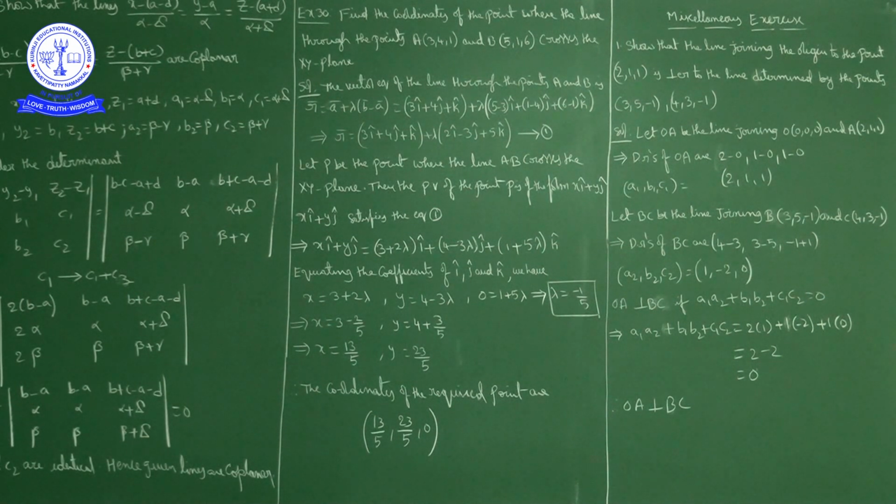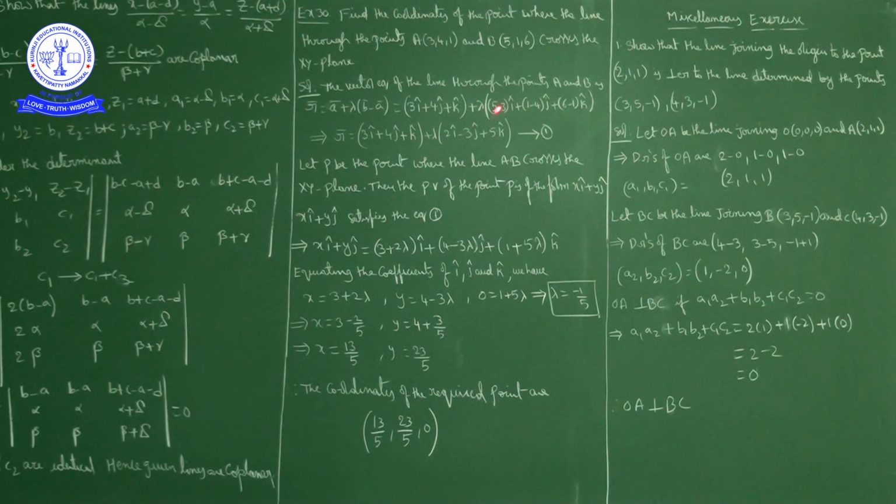Okay, first of all, the line passing through 2 points a bar and b bar is r bar equal to a bar plus lambda times of b bar minus a bar. Okay, the vector equation of the line passing through the points a bar and b bar is r bar equal to a bar plus lambda times of b bar minus a bar. So what is a bar? A is the point (3, 4, 1), its position vector a bar is 3i cap plus 4j cap plus k cap plus